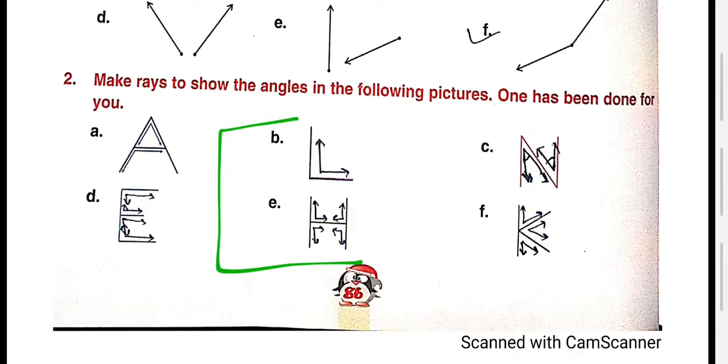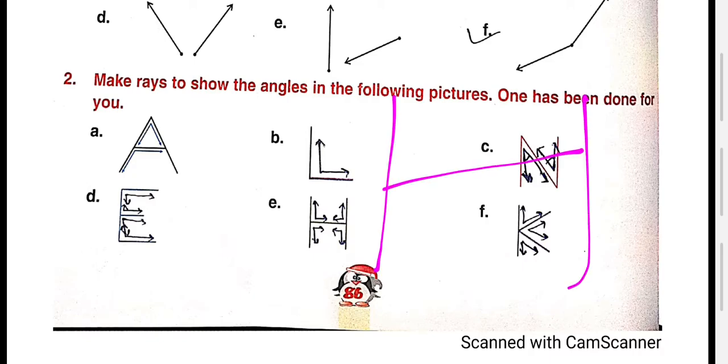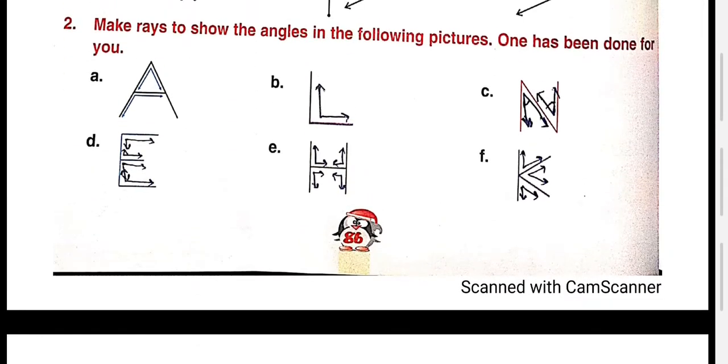Now just see part E. In E you see two rays like that, and one ray like that, and one ray like that. So you can draw this by scale. In H, just see, you draw these rays to show the angle. I am making a big figure now. Just see how we draw these rays. The angle is formed here, so draw two rays like that. Angle is formed here, draw two rays, and angle is formed here, draw two rays. So you have to draw the rays where the angle is formed. In K also you can draw these rays. These are the same.